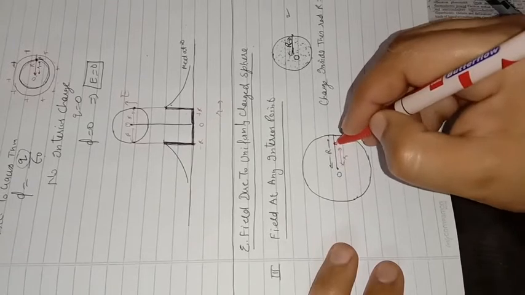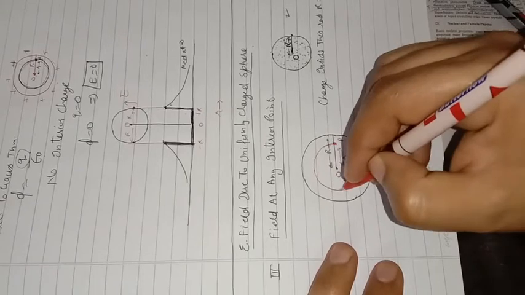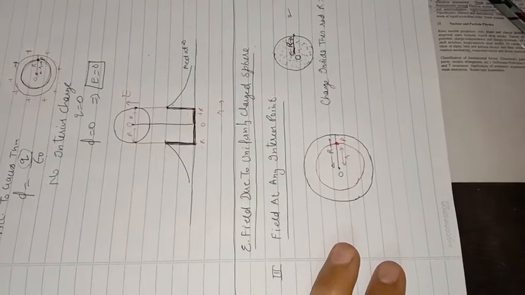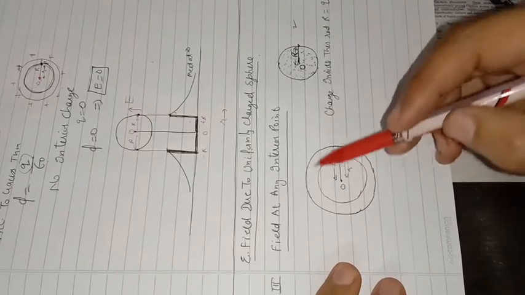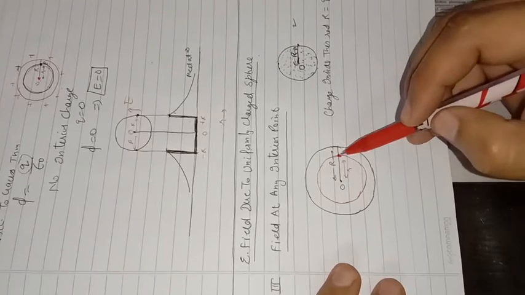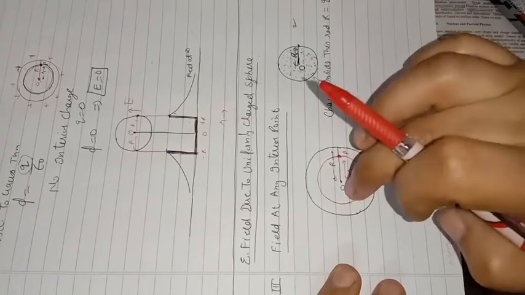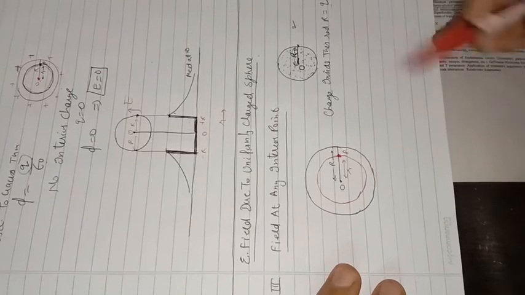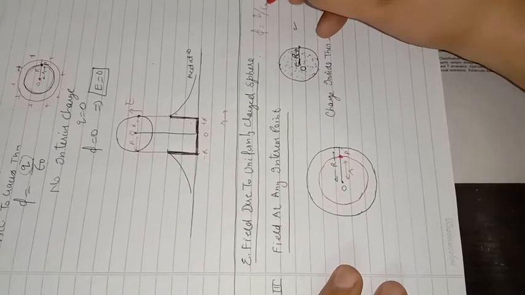Considering O, we draw a Gaussian surface around it. This is our Gaussian surface. Now, an important point. This charge Q is present in the whole volume of the sphere. But when we draw the Gaussian surface, we see that the radius of the Gaussian surface, or the volume of the Gaussian surface, is less than the total volume of the sphere of the charge Q. So in this case, according to Gauss theorem, phi is equal to Q over epsilon naught.